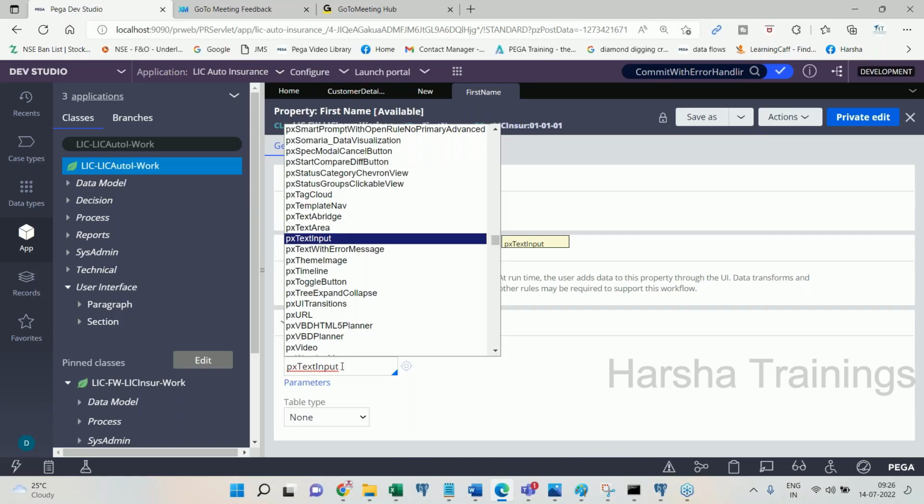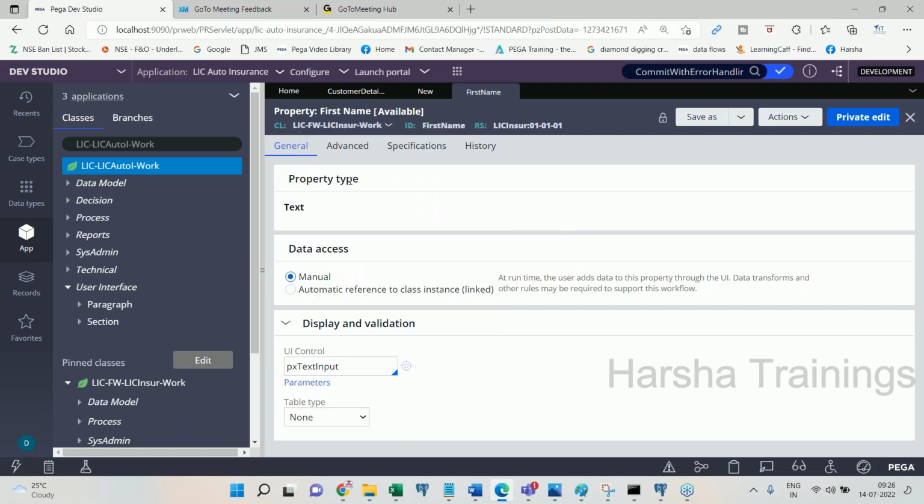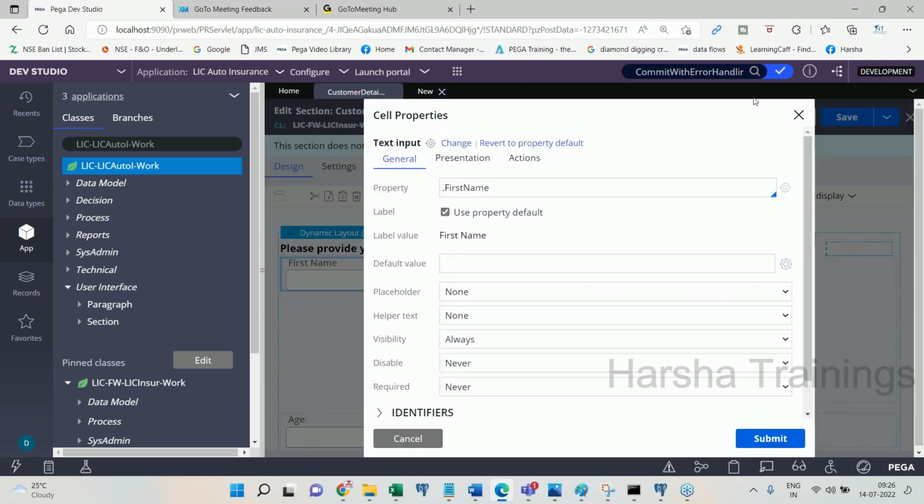See, what does a control tell? When you take this property into the UI, you are mapping, right? How this should be visible in the UI, like a text box or radio button, that will be decided by this control generally. And the table type I'll tell you after some time, but before we proceed to that,